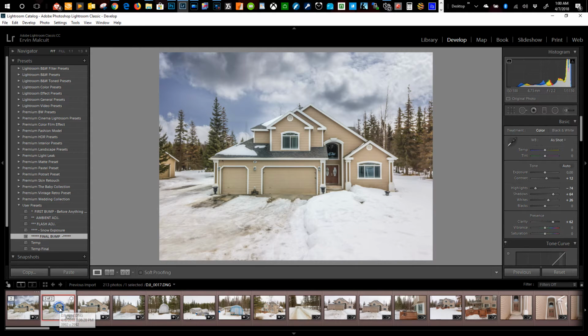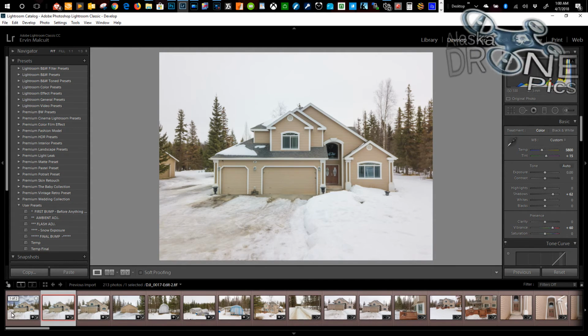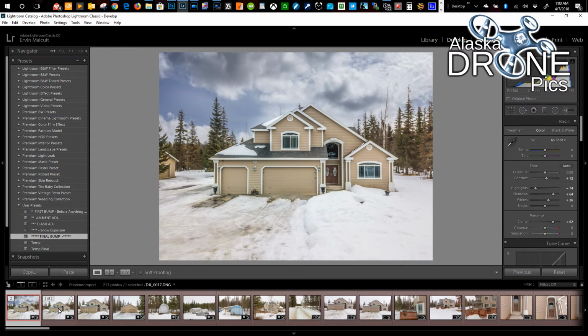So you can see the before, and you can see the after. Before,